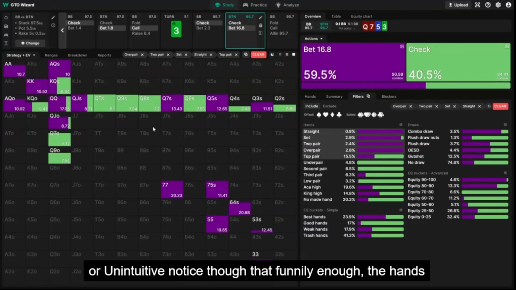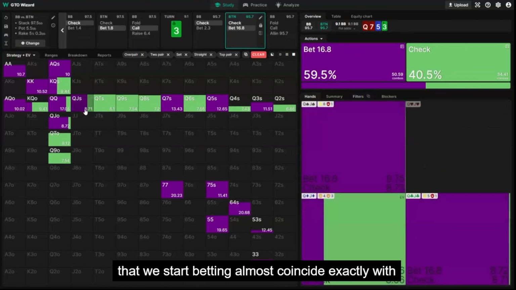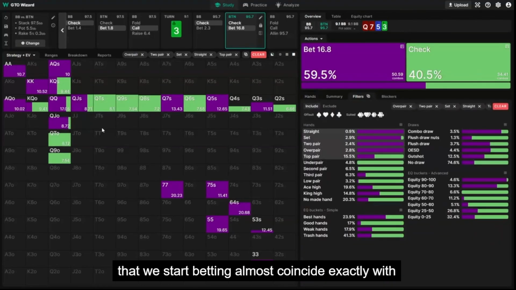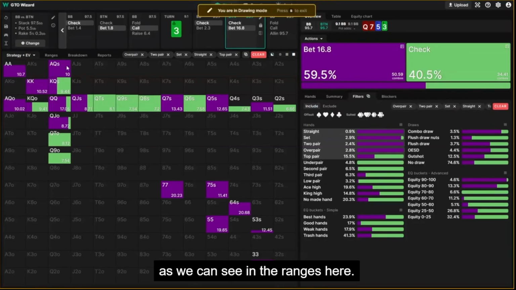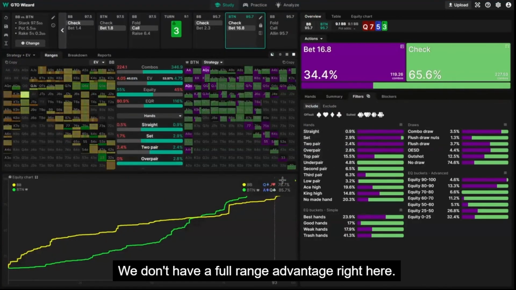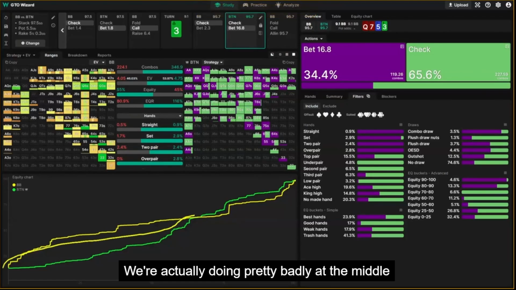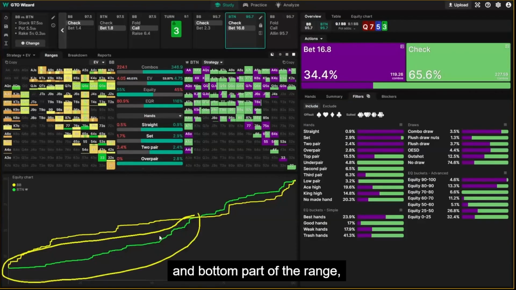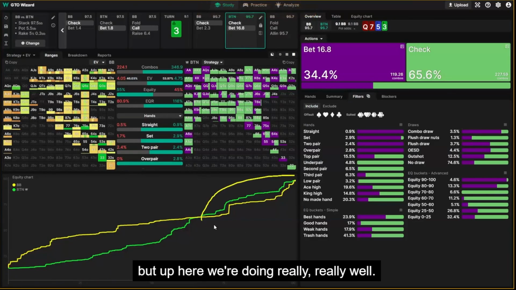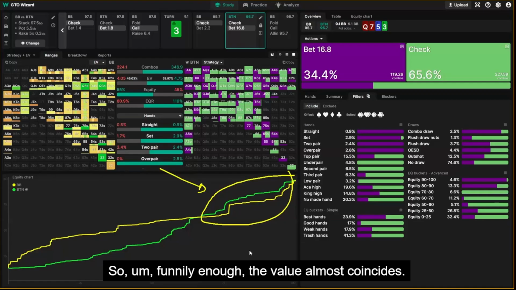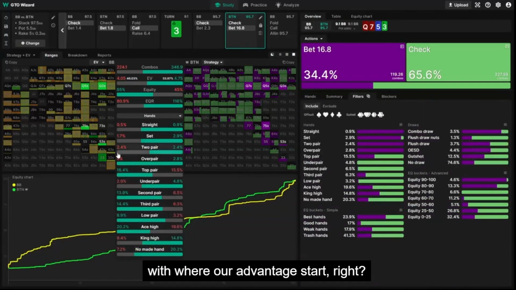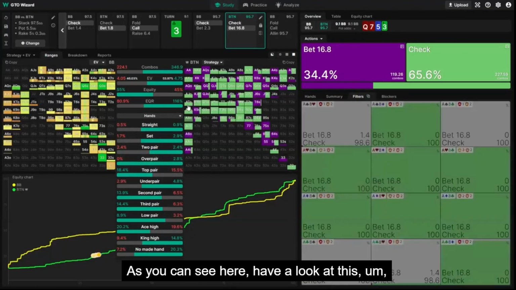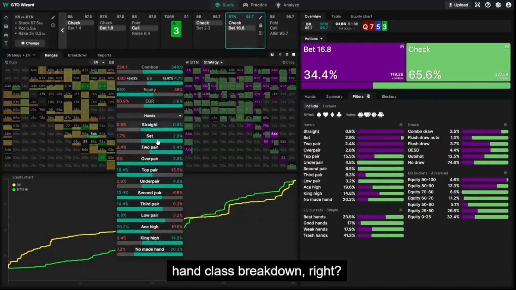Notice though that, funnily enough, the hands that we start betting almost coincide exactly with where our range advantage resides. So we don't have a full range advantage, as we can see in the ranges here. We don't have a full range advantage, right? Here, we're actually doing pretty badly at the middle and bottom part of the range. But up here, we're doing really, really well. So, funnily enough, the value coincides pretty well with where our advantage starts, right? As you can see here, if we look at this hand class breakdown,